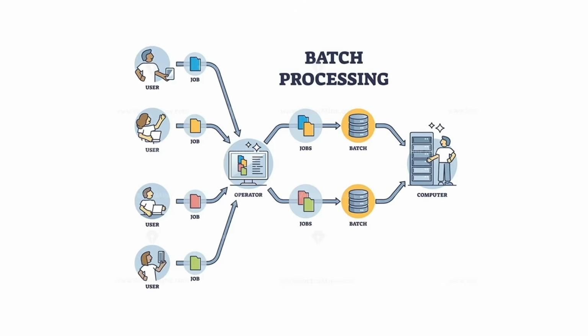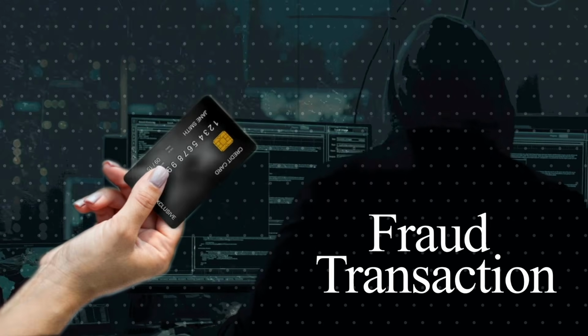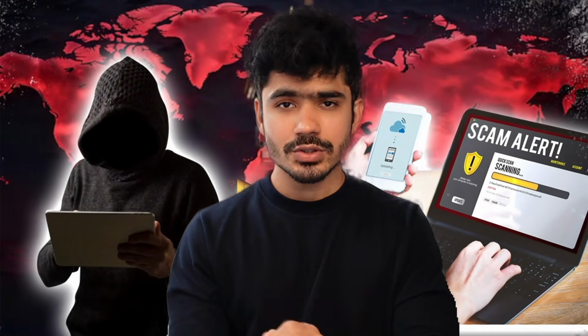At that time, we used to use batch processing to process our data into different chunks on a weekly or daily basis. This is good for analytics, but what if I want to process or take actions on a real-time basis? For example, if a fraudulent transaction is happening on your credit card, you need a real-time system that can detect this fraud and also send you a notification so that you can take some action on it. We did not have anything.